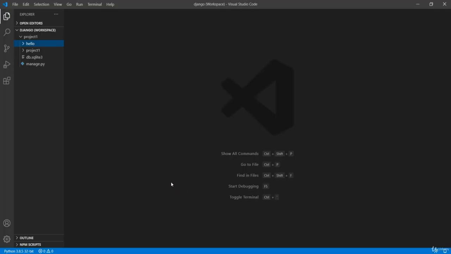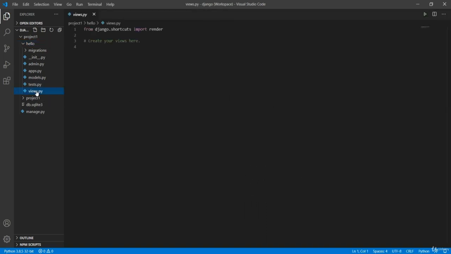So now that I've created my application, what I'd like to do is actually make this application, this Hello app, do something and display something when I try to visit a particular route, for example. So in order to do that, we're going to be using the views.py file inside of our Hello app. So this is our application, Hello, and this is the views.py file, and you can see that by default